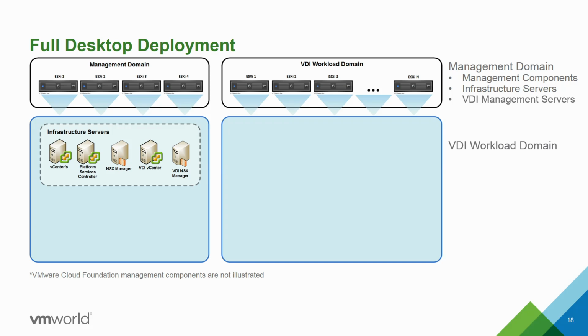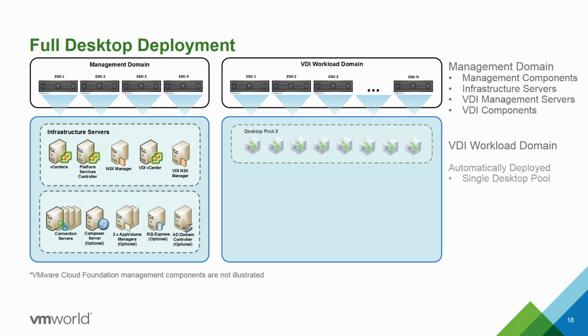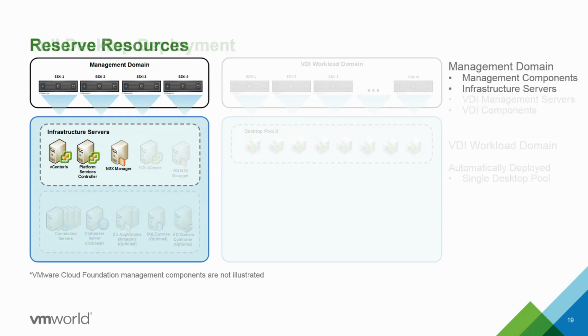We'll then install and configure all of the Horizon components required to run the infrastructure. And we will then also spin up a desktop pool for you based on a golden image that you upload as part of the wizard. So we go from nothing to full desktops your users can log into in one single workflow. The only downside to this full desktop deployment option is you can only use a single pool. So for those of you who may require multiple pools in your environment, the next option would be for you, which we call